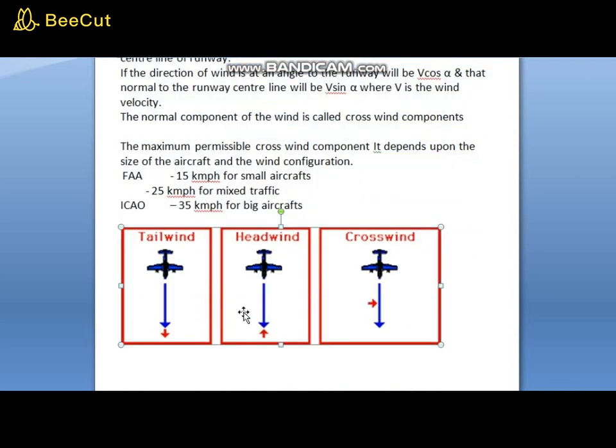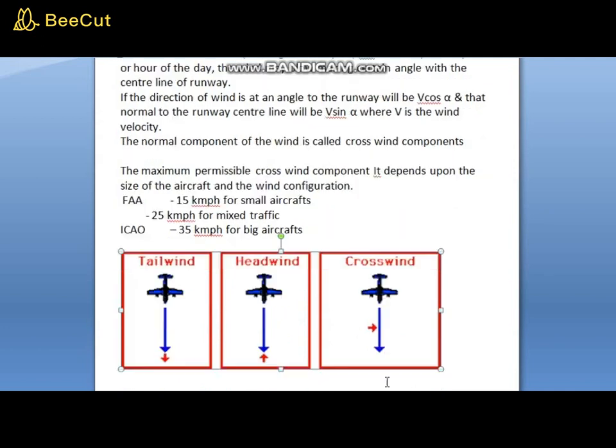You can say from this diagram what is headwind. If the direction of wind and the direction of aircraft are in opposite directions, or you can say when the wind blows in the opposite direction of the aircraft, it is known as headwind from this diagram. And if you see from here, if the wind direction and the aircraft direction are both one and the same, then the wind is known as tailwind. This is nothing but what we have described here as crosswind.